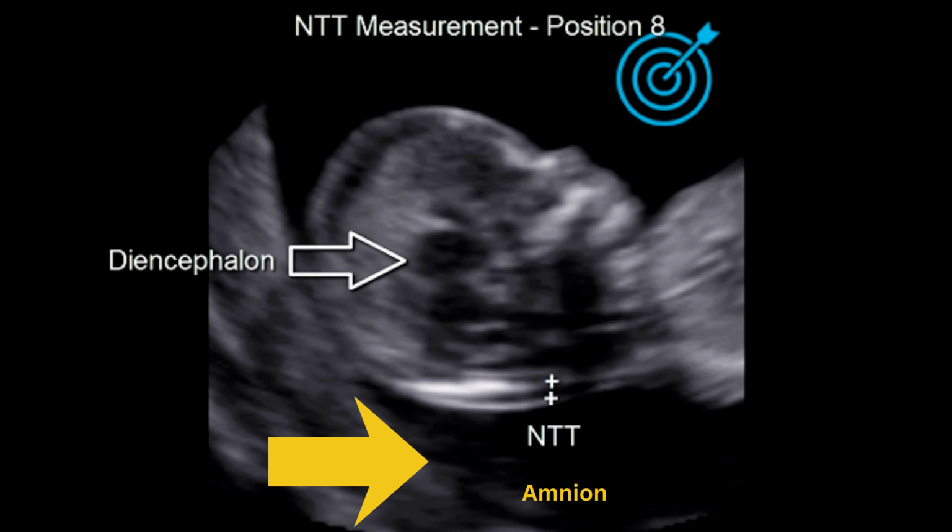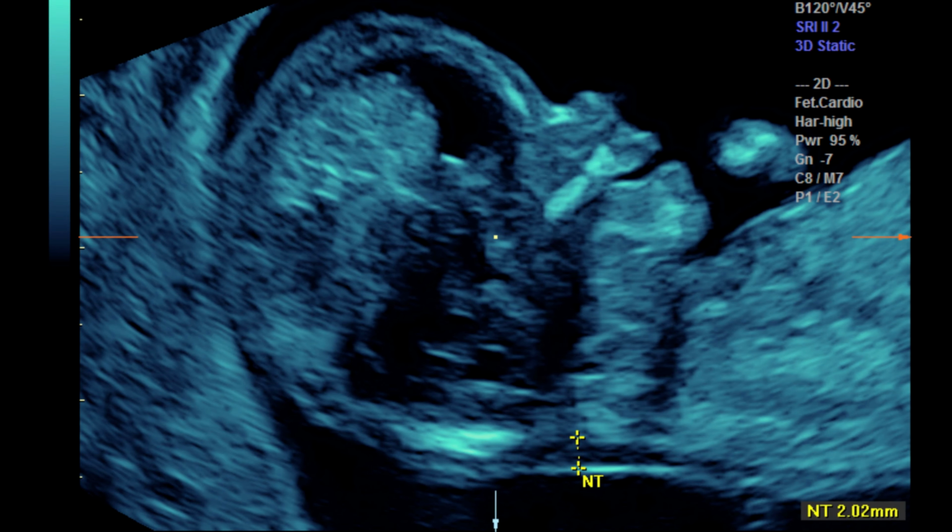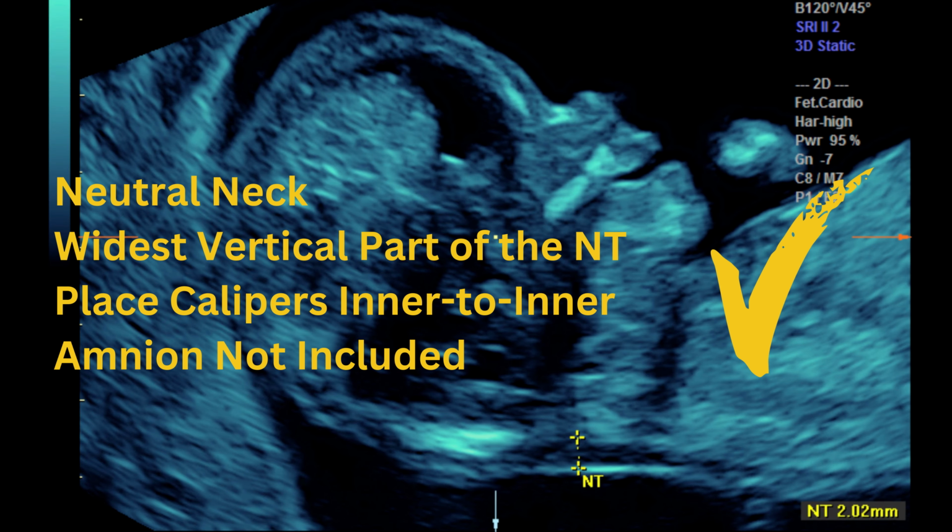Sometimes you'll see a thin bright line close to the fetal skin. That's the amniotic membrane, not the NT border. If there's a little gap between the skin and that line, that's your amnion, and it should never be included in the measurement. So, correct technique in one sentence: pick the frame with neutral neck, find the widest vertical part